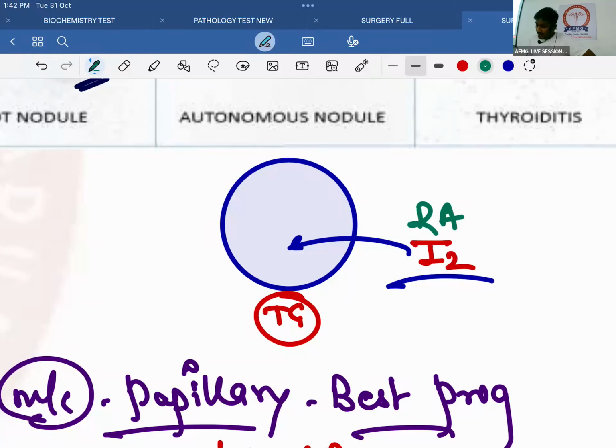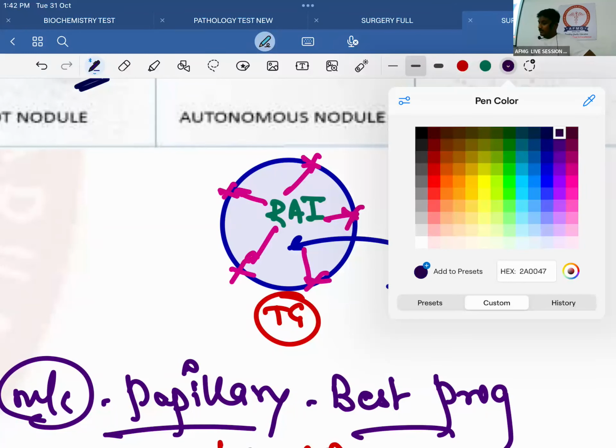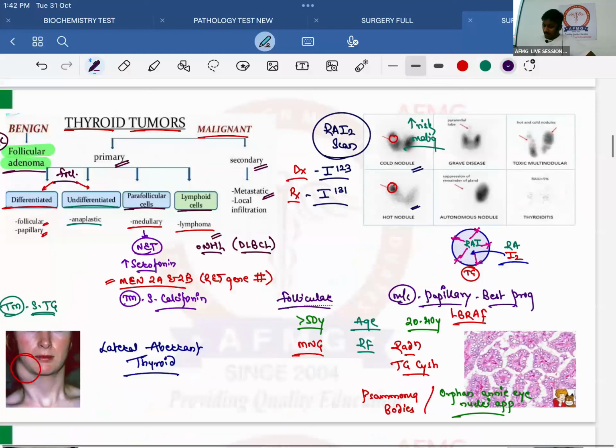ये जैसे ही थायराइड के अंदर जाएगा ये क्या करेगा? एमिट रेडिएशन. इट विल एमिट अ लॉट ऑफ टॉक्सिसिटी एंड उसकी पूरी जिंदगी बर्बाद. तो वही करता है रेडियो एक्टिव आयोडीन, इज गोइंग टू डिस्ट्रॉय द होल थायराइड follicle. That is what is done. Which rays are emitted? बीटा रे, शाबाश, ठीक है।